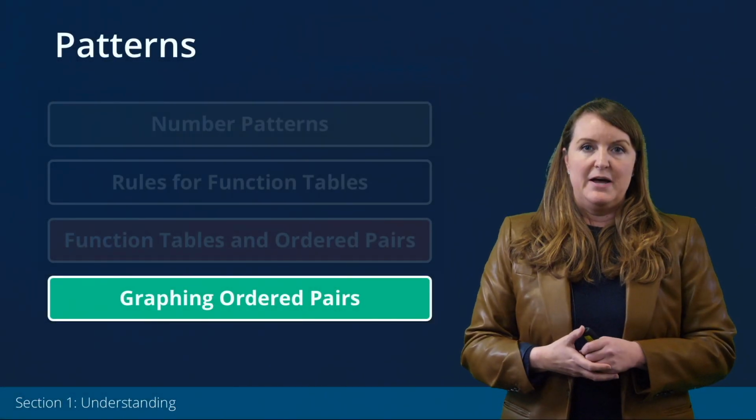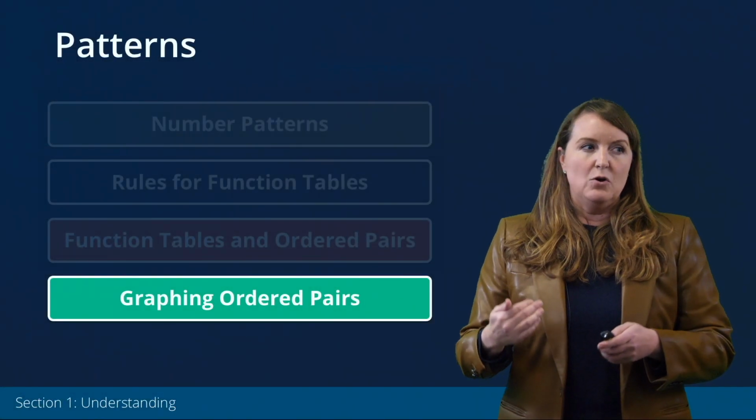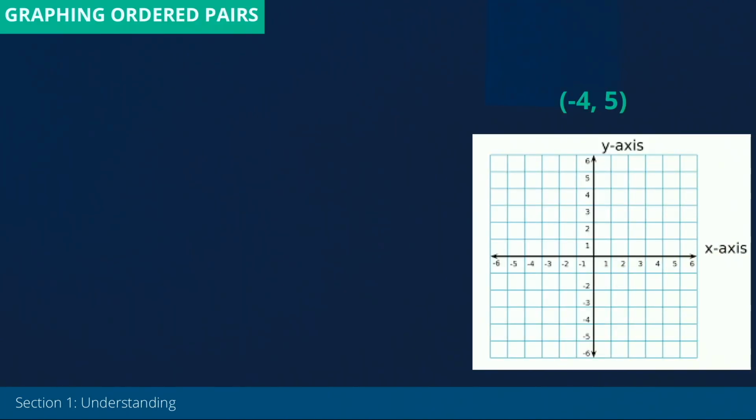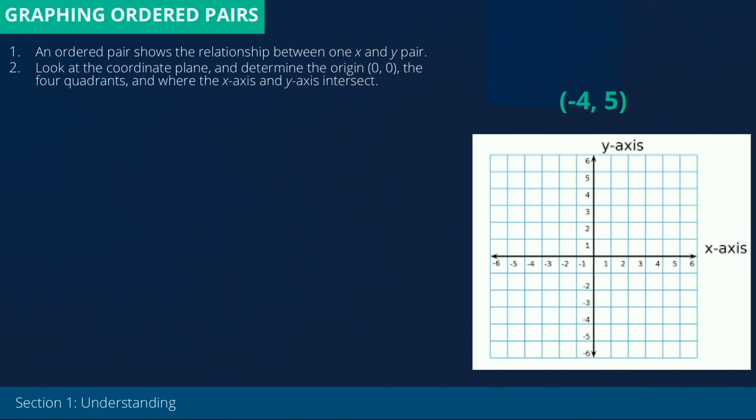Finally, as we explore patterns, let's think about graphing ordered pairs. So this is an example of a coordinate plane, and perhaps I want to graph (-4, 5). I have to remember that that ordered pair shows me the relationship between one x and one y, and then